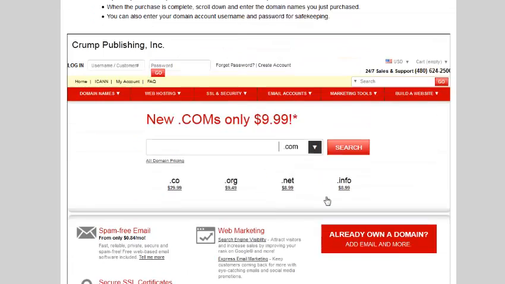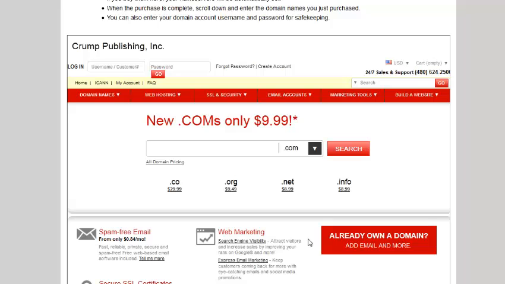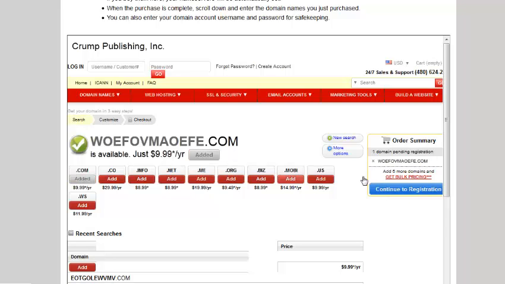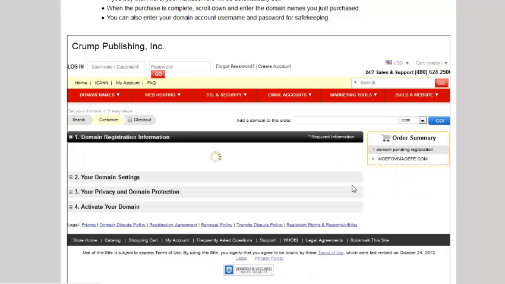So what you're going to do is then come back up here to the place where you purchase these domain names and type in a domain name that you want to use. Always pick a .com and then do a search to see if that domain name is available. And what a surprise, this Wofovamamaki is available. So let's say I wanted that one, and I can add it to my shopping cart here, and then all I have to do is click on continue to registration to purchase it,